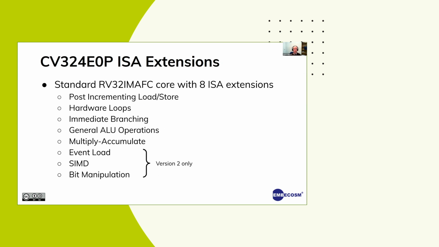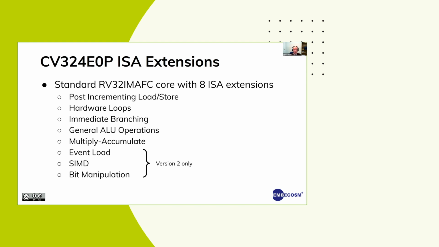CV32E40, I've typed that, I should say CV32E40P, not 4E, ISA extension. Now that's one of the Open Hardware Group's CORE-V specific cores. So CORE-V is the brand name for cores developed by the Open Hardware Group. CV32E40P is a particular one, okay? And it's a standard RV32IMAFC core with 8 ISA extensions. Okay, these actually come originally out of the PULP project at ETH Zurich and the